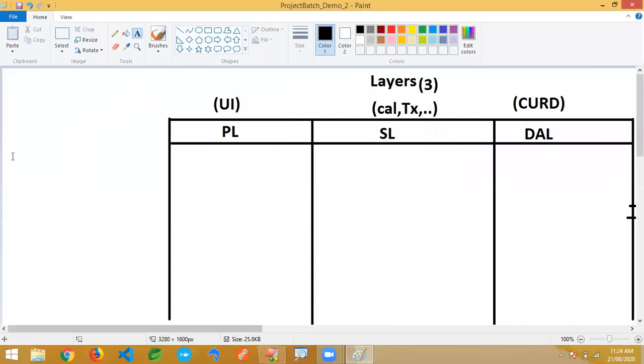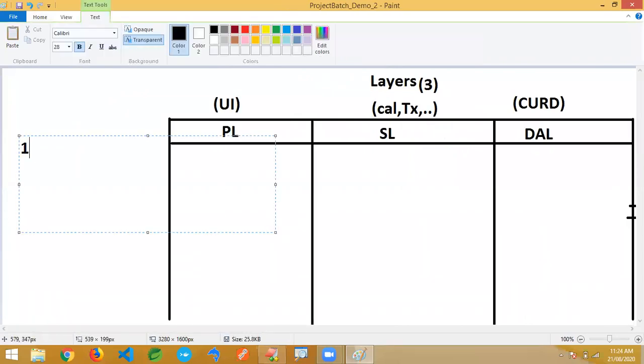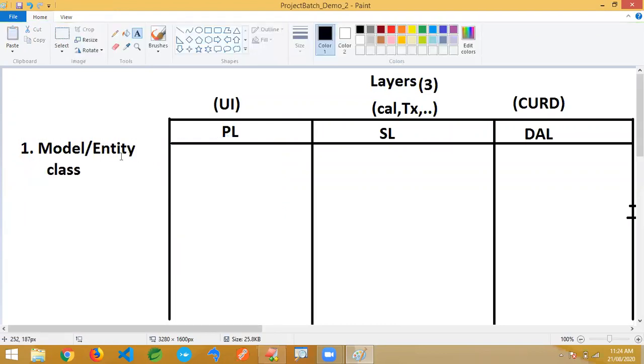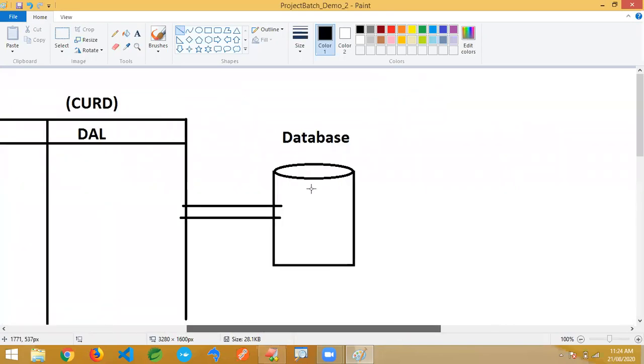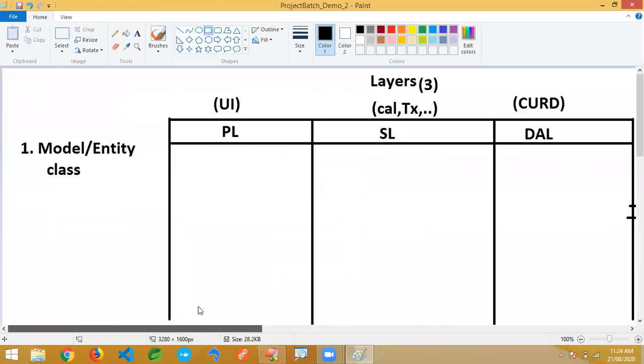The first one we need to write is a model class. We can also call it an entity class, a class that represents a database table. For example, you take a module called employee module, then we have to write an employee model class. This model class is connected to a database table. If you have one employee table, then you write one employee model class.